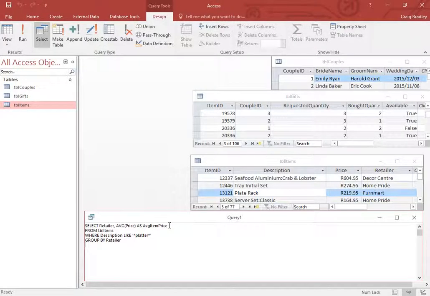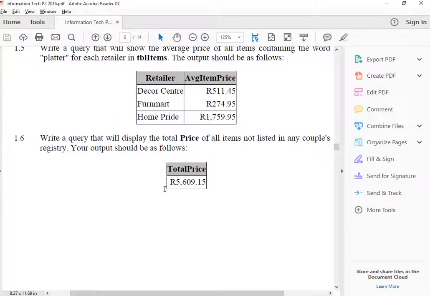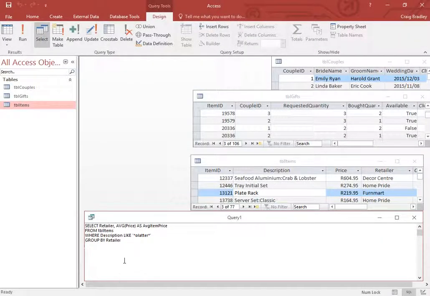And for question 1.6, the question states, write a query that will display the total price of all items not listed in any couple's registry. Your output should be as follows. Okay, so here you're wanting the total price of all items that are not listed in any couple's registry. So we're going to say select sum, because we're doing the total price, and it asks us to call it total price. So as total price from TBL items,